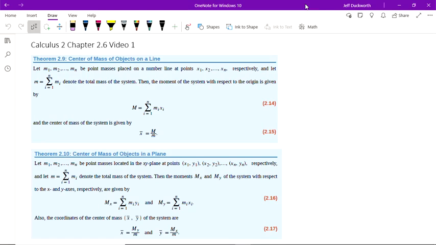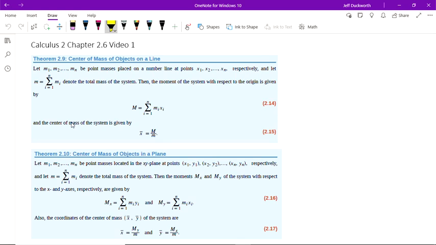In chapter 2.6, we're dealing with the center of mass. Actually, this formula shouldn't be unfamiliar to many of you, but I guess it could be. This is a similar formula used in statistics. Actually, this is a way that your grades are calculated. So what's involved here? Well,